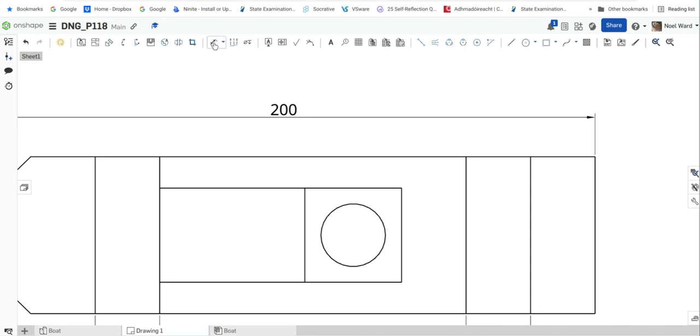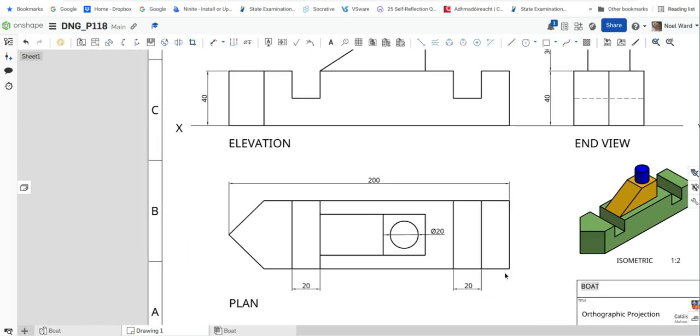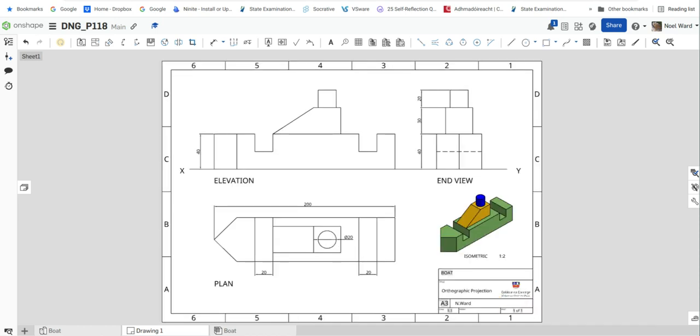I missed out on one here, which is the circular one, and this here. You know, if we go into that there, let's see, I'll move that. I'd like it, escape. I'd like it to be kind of horizontal and spaced. So there's the diameter. That is your drawing now for the boat. That concludes the task of